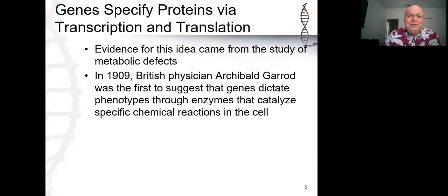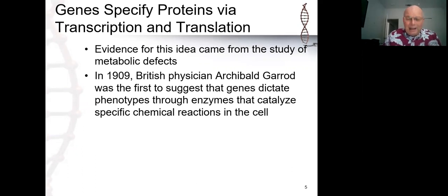And because he knew that this was inherited, and because people were starting to think in terms of Mendel's inheritance particles, and the term gene was starting to be used for these inheritance particles of Mendel's, and people were already starting to think in terms that they were on chromosomes. Morgan hadn't confirmed that yet, but people were fairly confident that genes were on chromosomes. It was the only way to explain Mendel's observations. And so Garrod started thinking about, well, what does that mean about a gene? What is its connection to what I'm seeing in these people who have alkaptonuria?